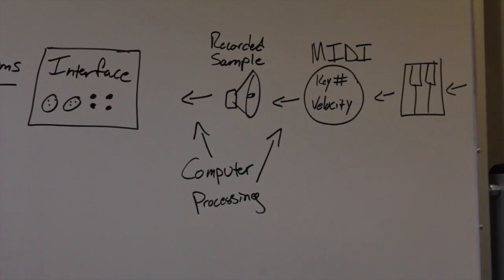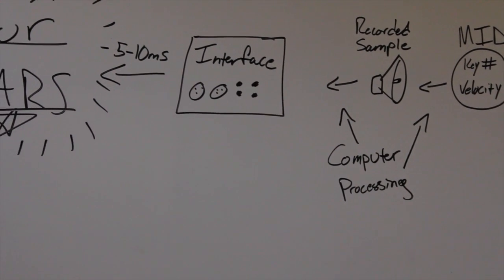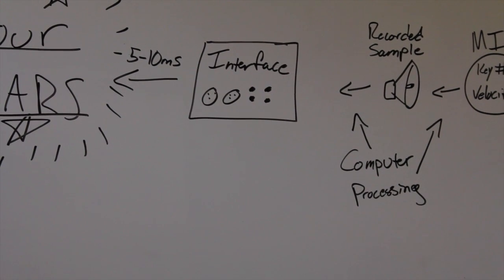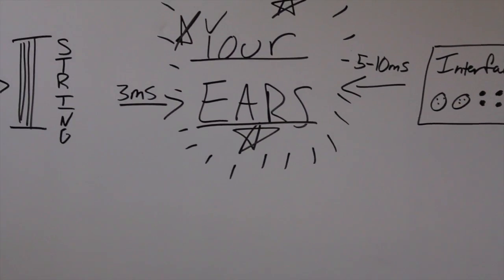Now that I found it on your hard drive, I'm going to play it through your computer, and it's going to come out through an interface. An interface is really just a fancy way of converting digital audio to analog audio. So any headphone jack on any computer or phone, that is an interface. It's taking ones and zeros, digital audio, and it's converting it to analog so that it can make it, again,